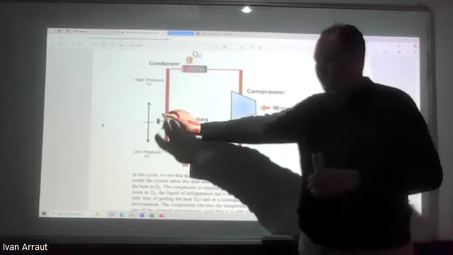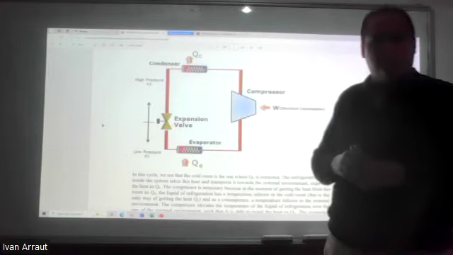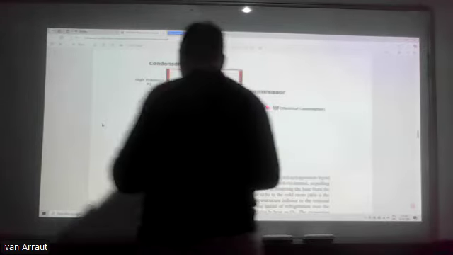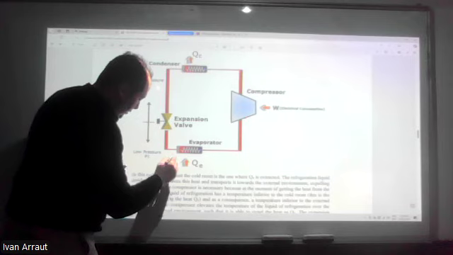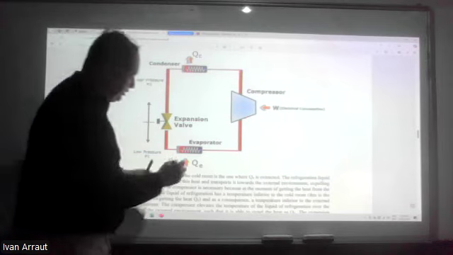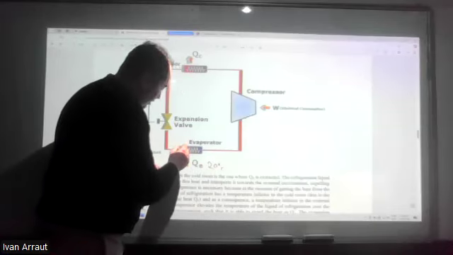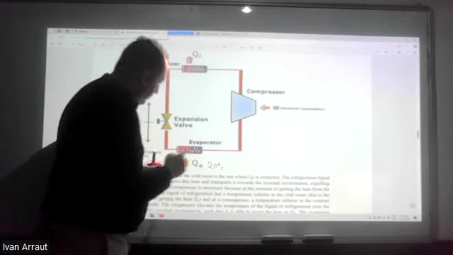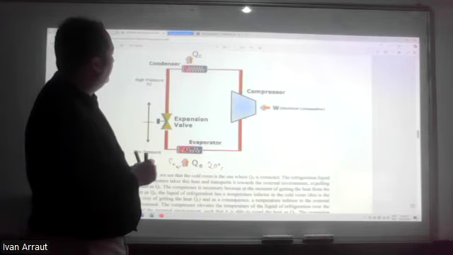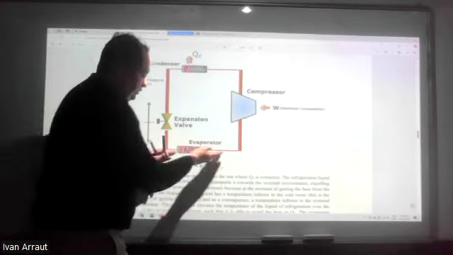I think they inverted the cycle because before I put the bubble expansion here, but it's the same. It doesn't matter where you put the things. This is the room you want to keep cool here. This is the room we want to keep at 20 degrees. This evaporator, of course, has to be, let's assume, 15 degrees. And then when it comes, it has to come here.